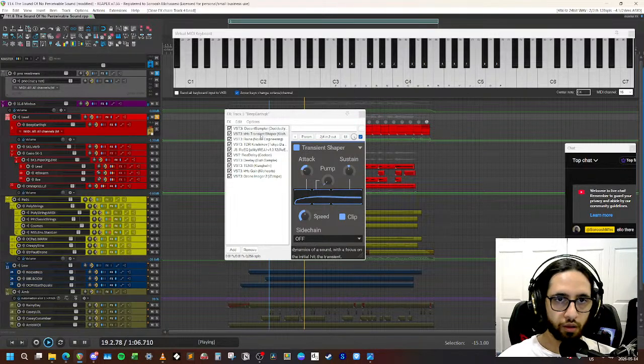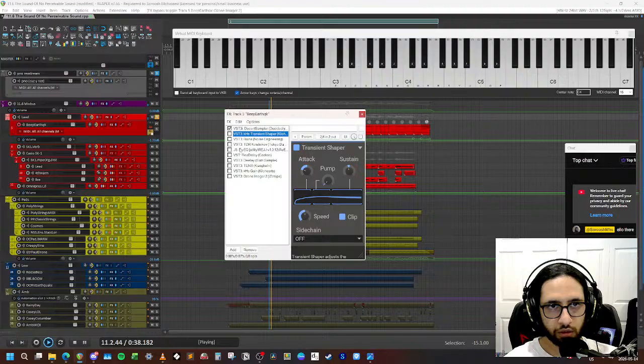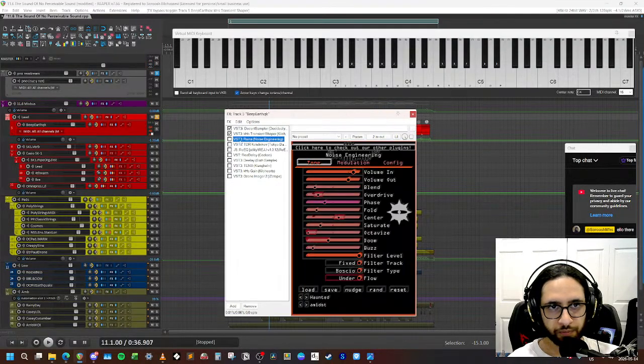So it's got a transient shaper. Actually, let's just hear it without all the effects first. Let's hear what it sounds like. So it's just one ping. And then we add transient shaping, making it softer.